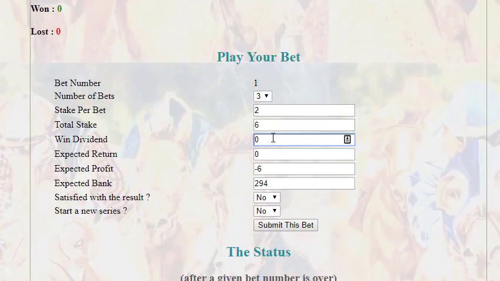So our first bet loses, none of our 3 horses win, so we have no winning dividend, 0 return, and a loss of 6. We are not satisfied with the result, so we leave it at no, and we don't want to start a new series of bets within this session. So we click submit,